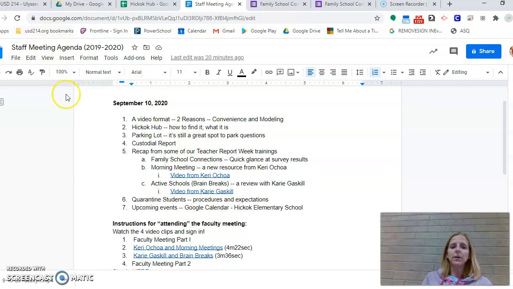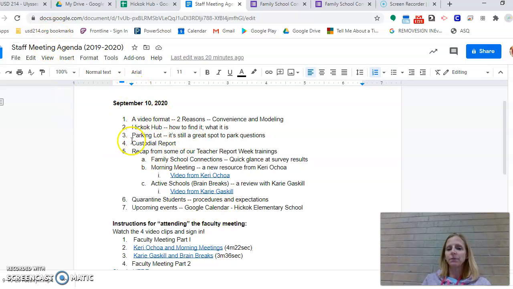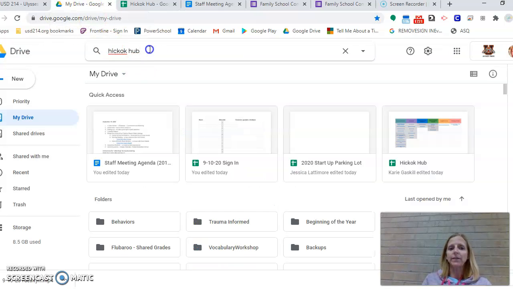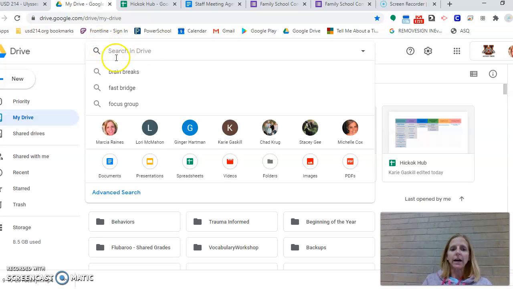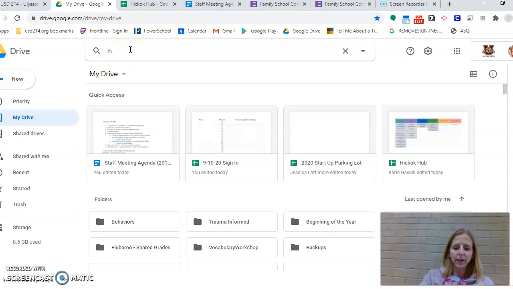Okay, so let's go ahead and get started real fast. Number 2 and number 3, the Hickok Hub and the parking lot. I just want to remind everybody how they find the Hickok Hub. It's located in your Google Drive, and I just go to my home page, and in the search, I type in Hickok Hub,